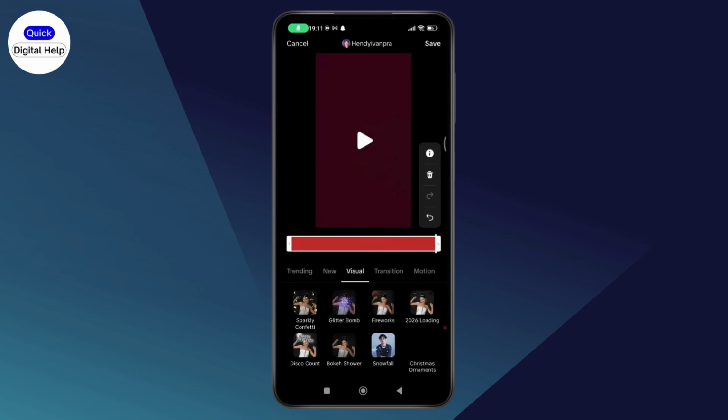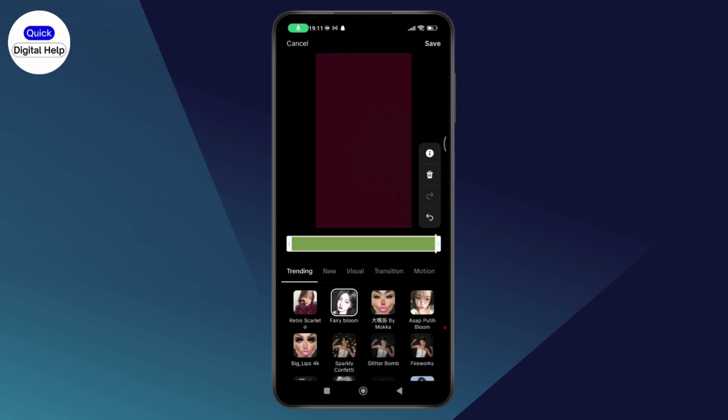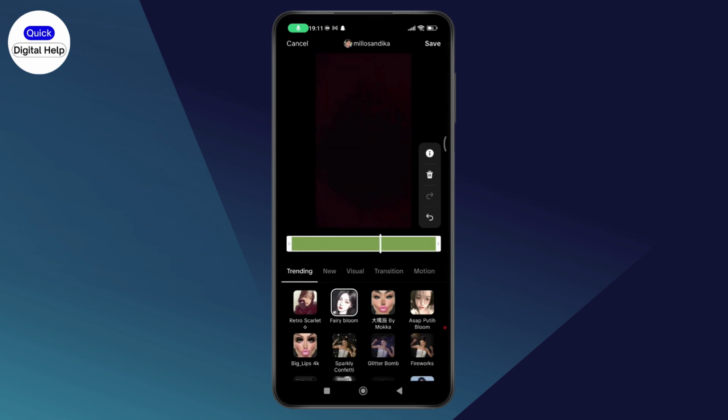new, visual. You'll have all of the kind of filters. You can go and select any filter right here, and then it will be added. And go with save, which will be on